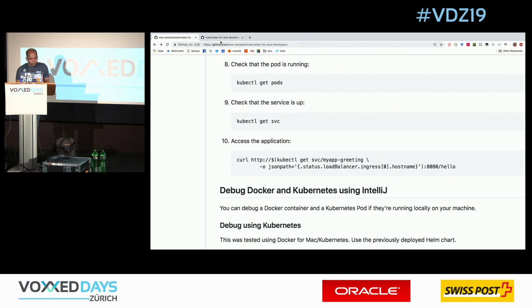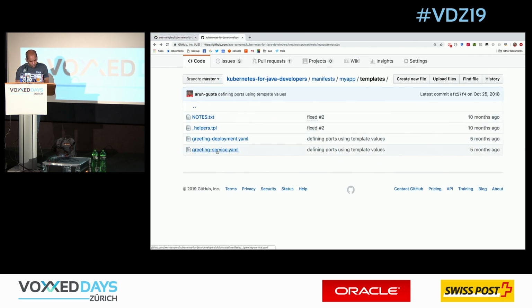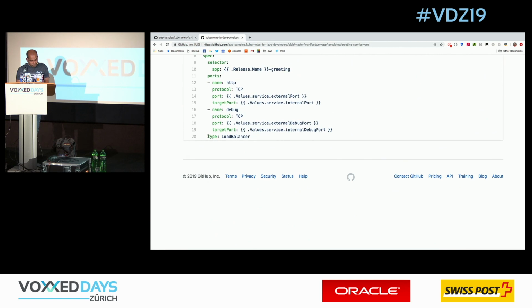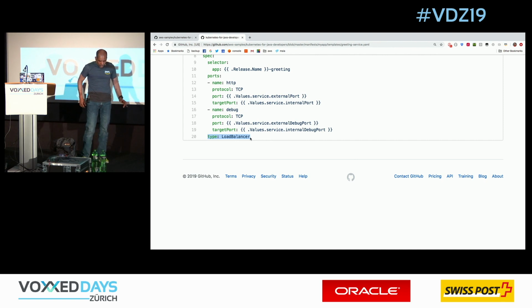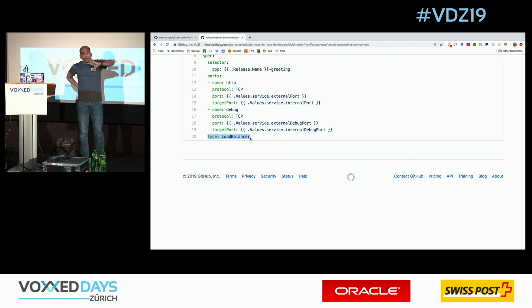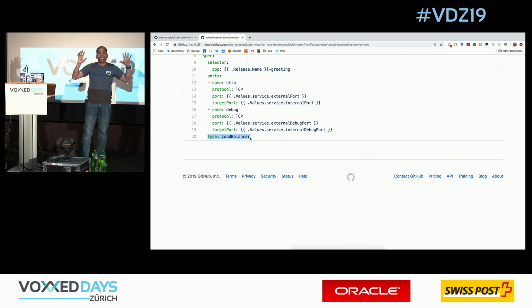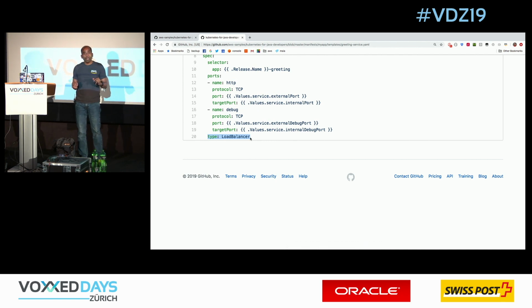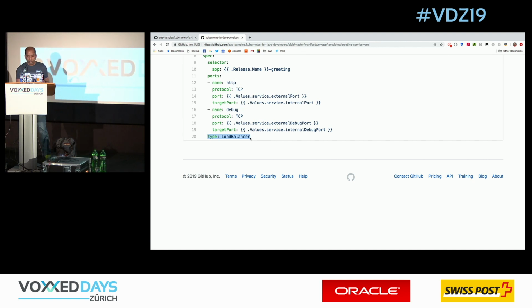Now, look a little bit deeper here. So if I go back to my greeting service, here I'm saying type: LoadBalancer. That's one of the attributes of service. And what that means is wherever this service is deployed, if it's deployed in the cloud, then look at the corresponding cloud's load balancer. So if it's deployed on AWS cloud, for example, provision an ELB for me, Elastic Load Balancer. If it's deployed on a local machine, make the service accessible to me on localhost. Okay, so that makes it easy. So now I can at least start accessing my service.